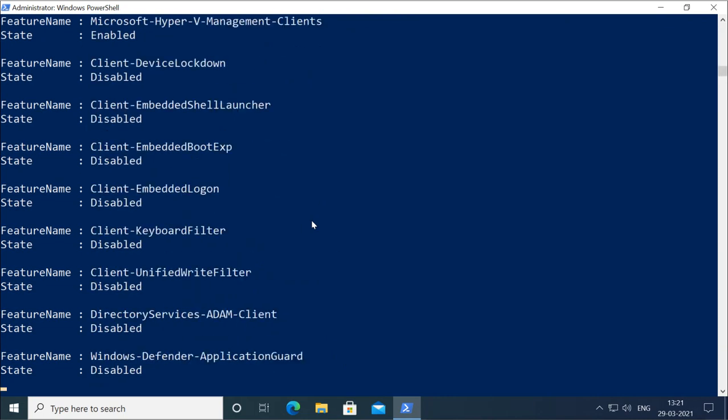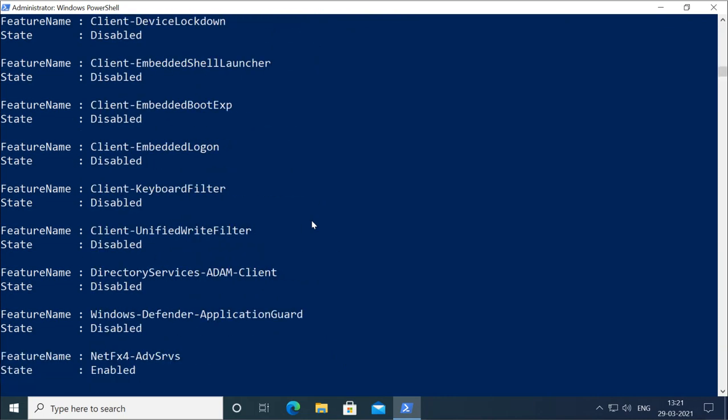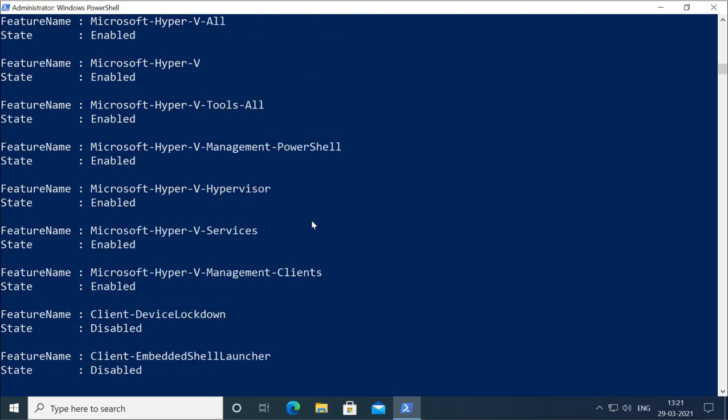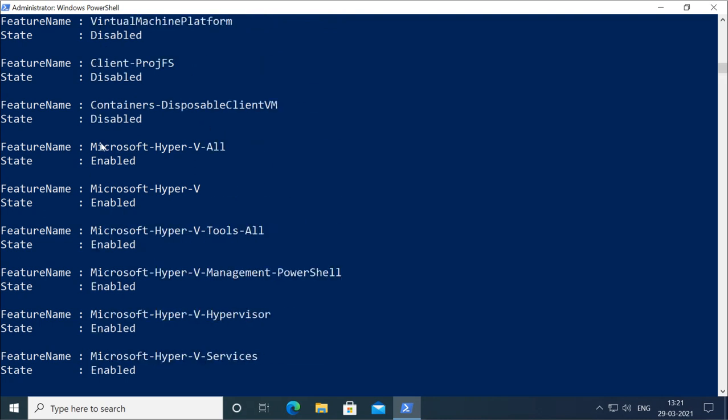And we can check whether it is installed or not. Now you can see I installed Microsoft-Hyper-V-All, and now it is enabled, and these are also enabled because I said all. So it has enabled all the things related to Hyper-V.